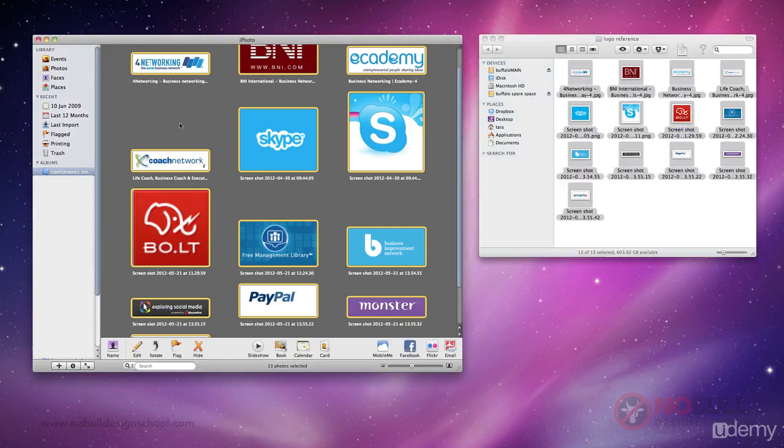Now if you're on a PC, I think there's Google Picasa, which I think is free. Just go to Google and search for that, Google Picasa. Or there's, I think, Windows Media Explorer,